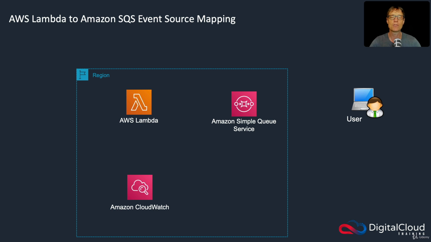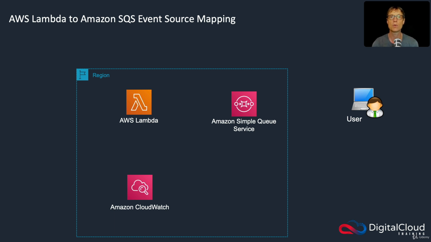Hi guys, so I've got something fun to do here. What we're going to do is set up what's called an event source mapping between AWS Lambda and the Amazon Simple Queue Service, SQS. So what is an event source mapping? Well, it literally means that we're mapping Lambda to an SQS queue so that whenever an event occurs, Lambda will